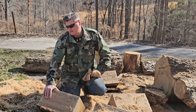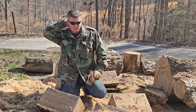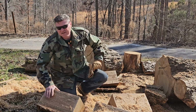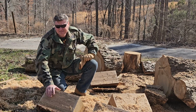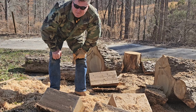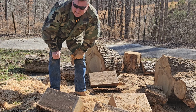But that saw right there, like I would, in its current state, no way I'd run more than a 20-inch bar on it, unless I had to. But yeah, it's not that strong. But that doesn't mean that's not bad. I like it. And I didn't have to pay $1,300 for it. So, you know,